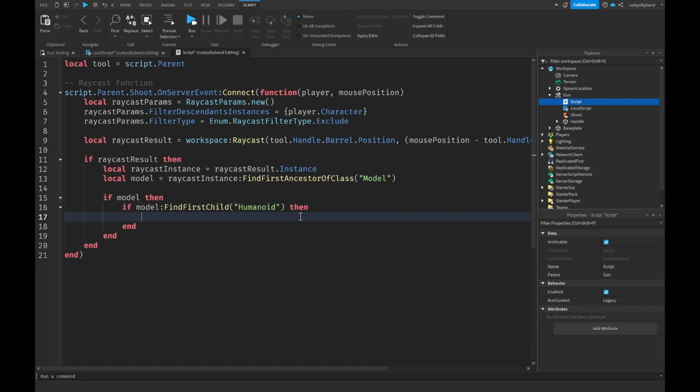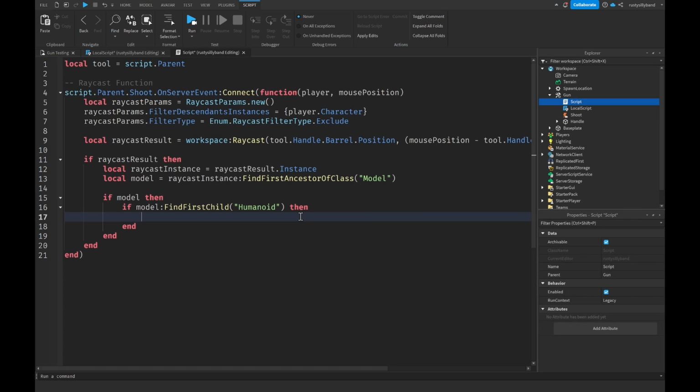So this is going to be pretty cool if you want to add headshots to your game, which I think are really epic and a very unique feature. Then we can basically make it do double the damage if the player hits the player's head. Otherwise, we can just do half the damage, or the original amount of damage, if we hit some other part